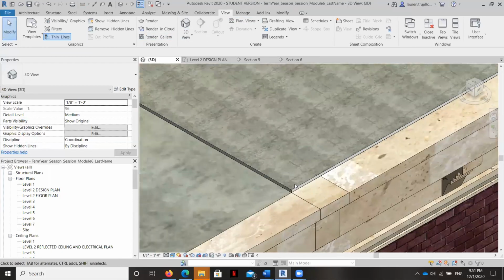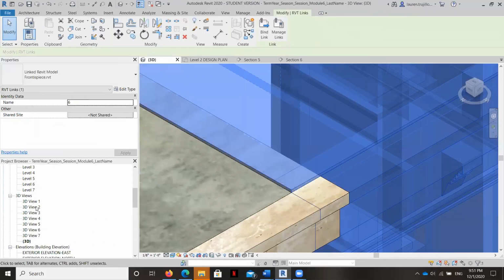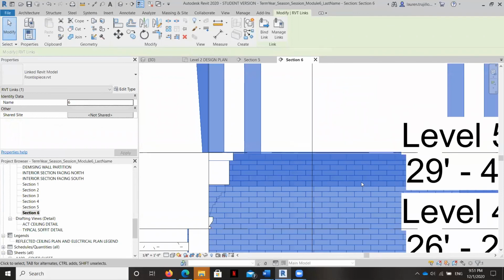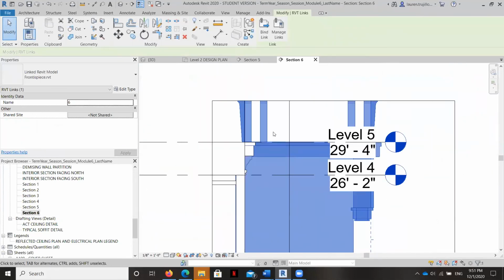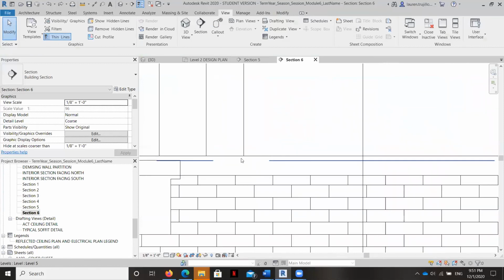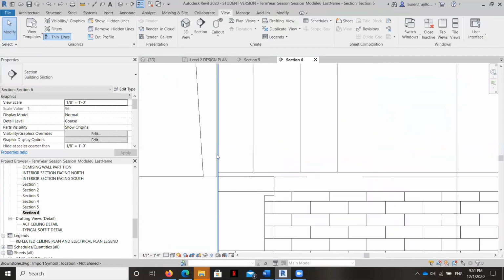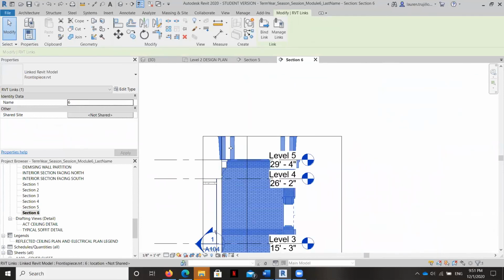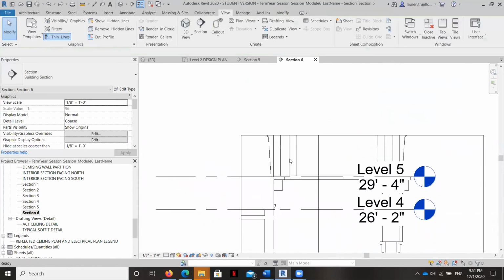Ta-da! There it is. It's a little bit high. I'm going to move it down just a little bit. Of course, it's not going to let me because it's the linked model. Okay, that's okay. We're going to leave it for now.